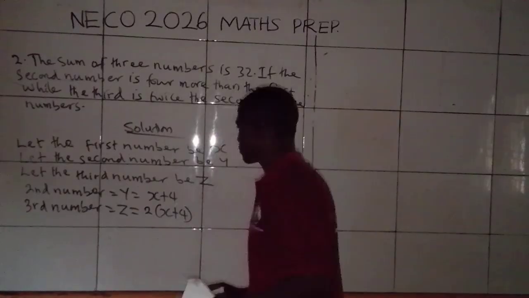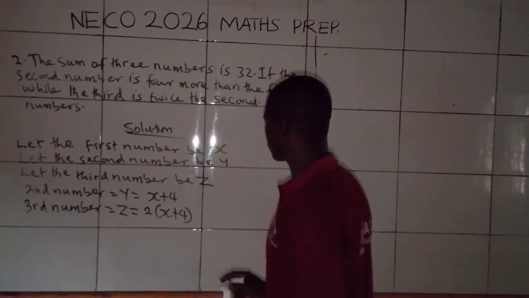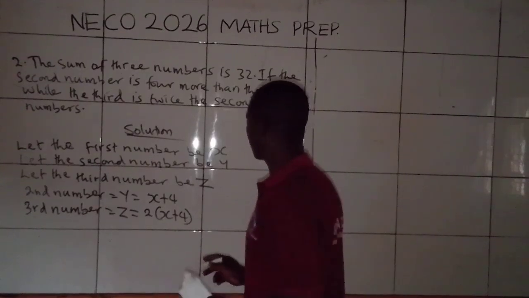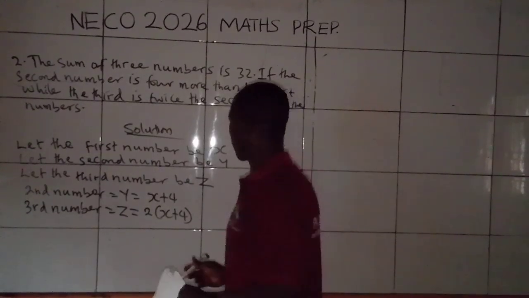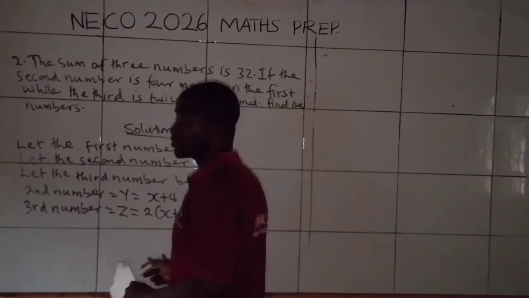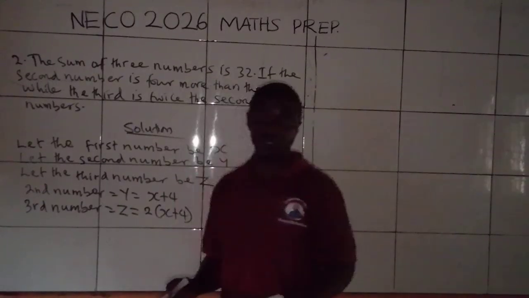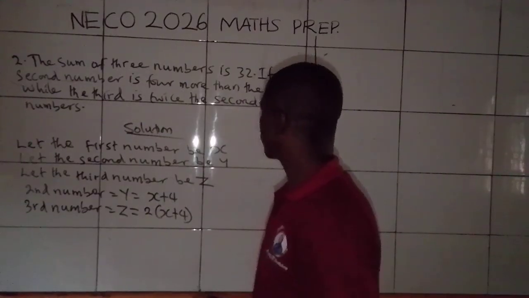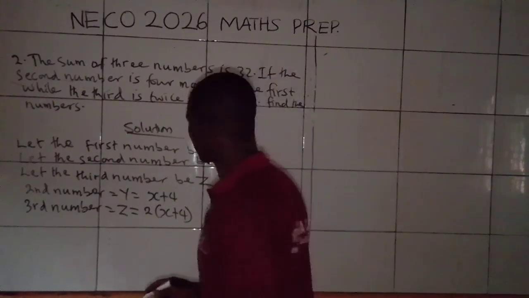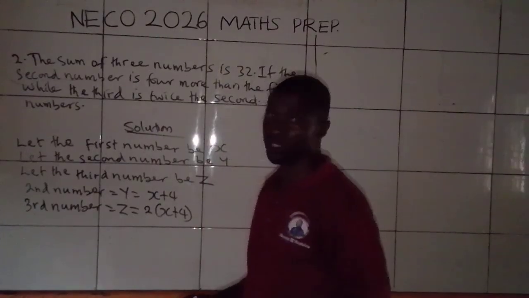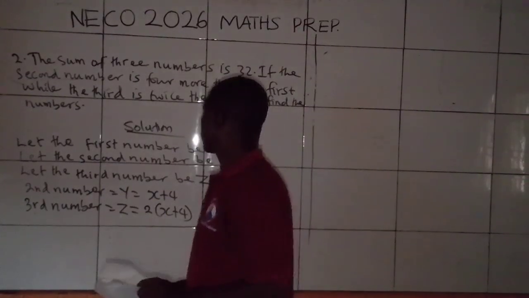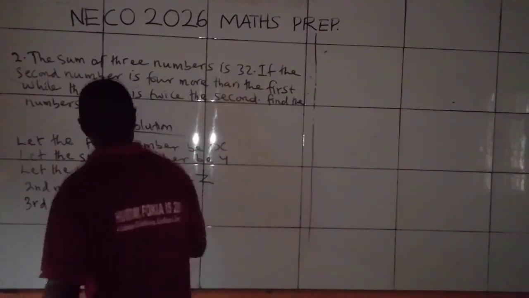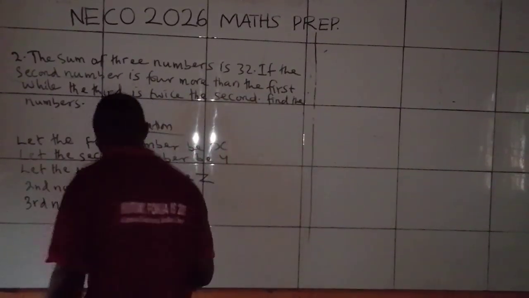So from these values, we can now continue with the solving. And this question is picked from the theory question. All the questions that I've been solving are picked from the NECO theory past questions. So from these values, we now have,